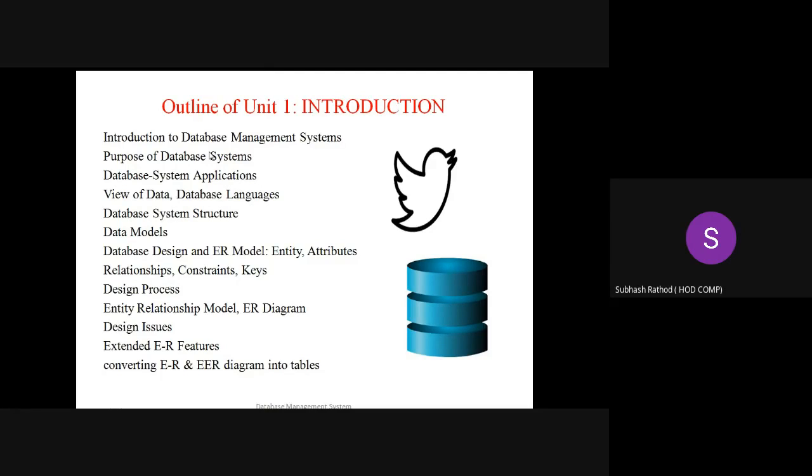Database system structure, we have learned that also. Database model, the data model, we have learned that also. Now we are learning modeling. In the last lecture we learned about the entity type, attribute type, relationship, mapping, cardinality, constraint, definition, and example. Keys is not completed, so we'll discuss the keys today if time permits. And now, what is ER modeling? So we are starting ER modeling in detail today.